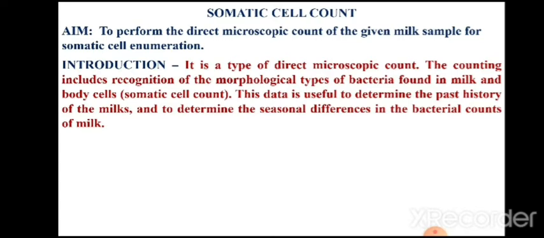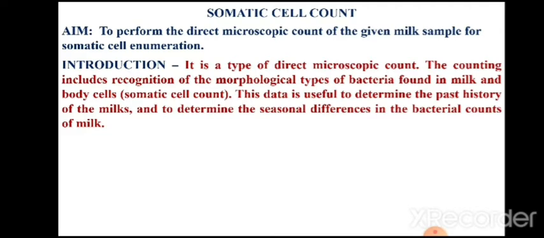Here we will be concentrating on counting of these eukaryotic cells. The conclusions are drawn in combination, it is not separately done. So for somatic cell count and counting of bacterial clumps, the results are combined,